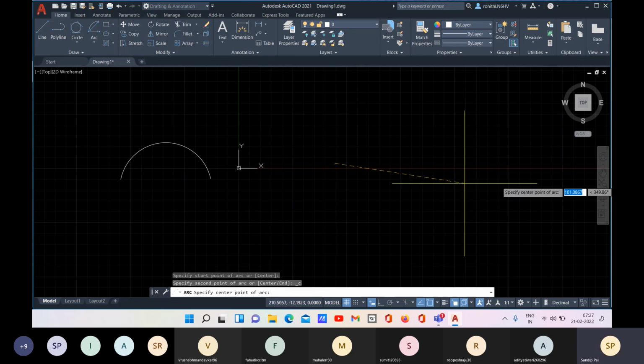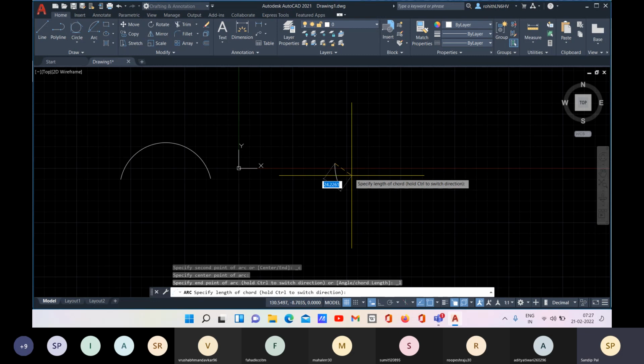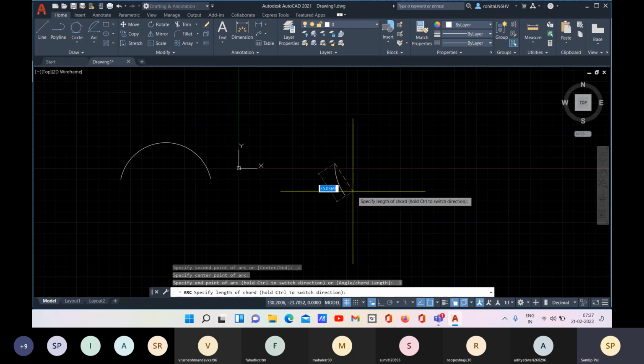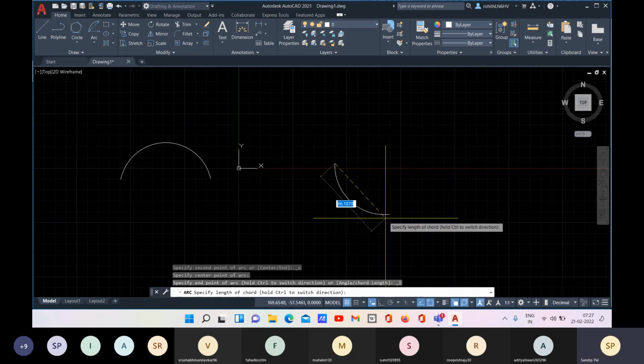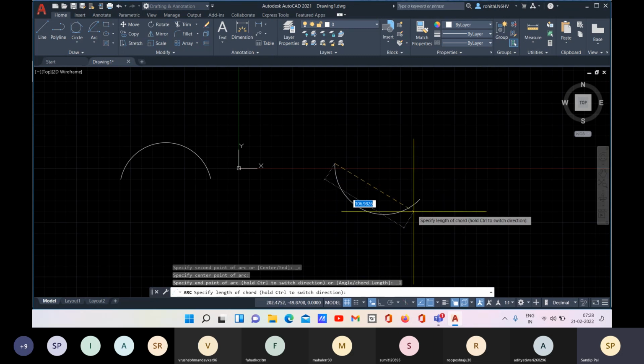So I have specified the start point, and then I will specify the center point. And as you can see, from the start, definitely it will start from the start point. And then I need to define the length of this curve.